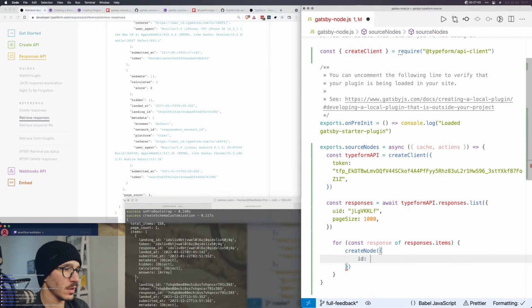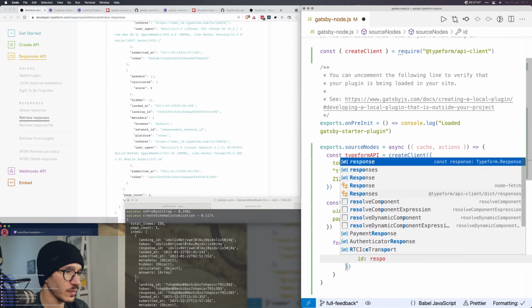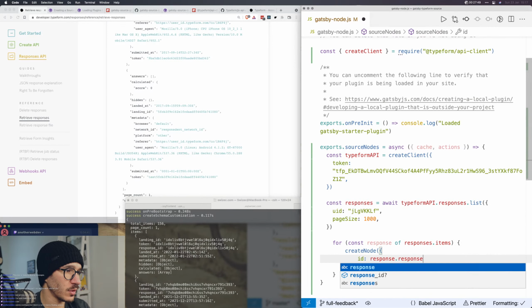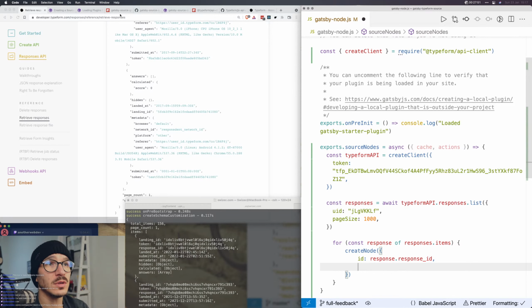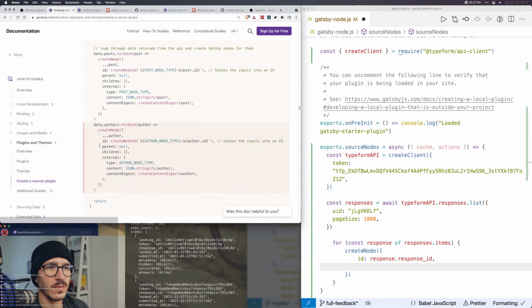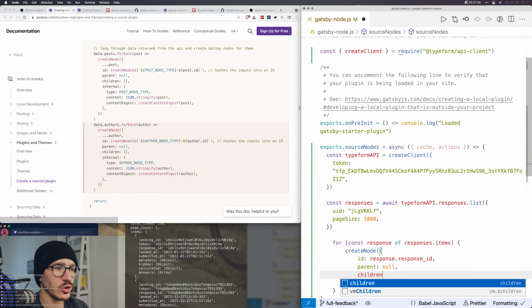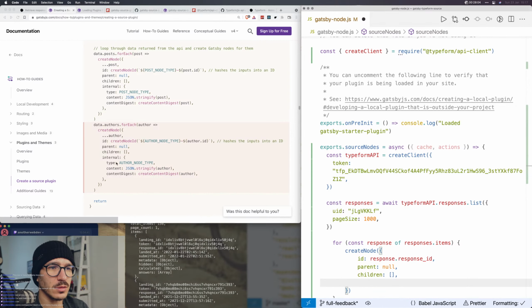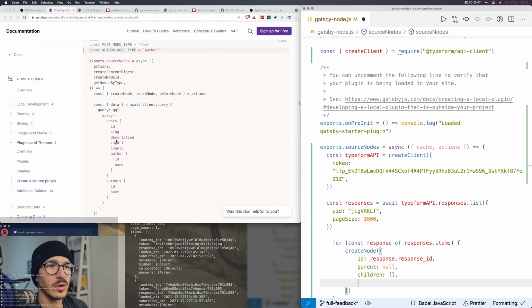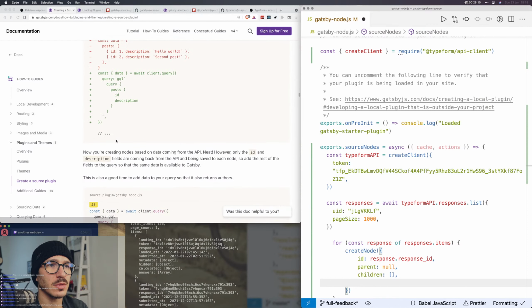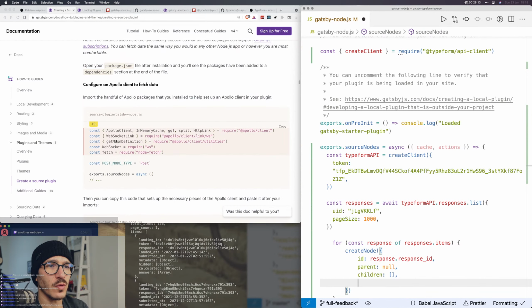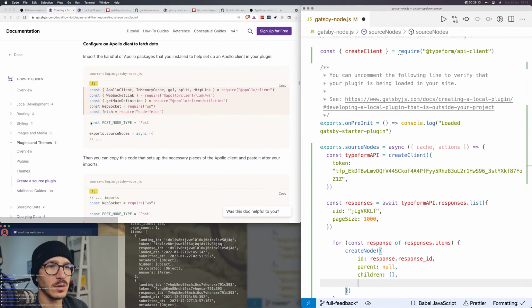So, items, const for each response in responses.items, we're going to go with the ID is response.response ID for our node. And then we need parent null, and we don't have any children nodes. And what is the internal type? Author node type content. Aha. So how do we define the type? So the type of our form is going to be,